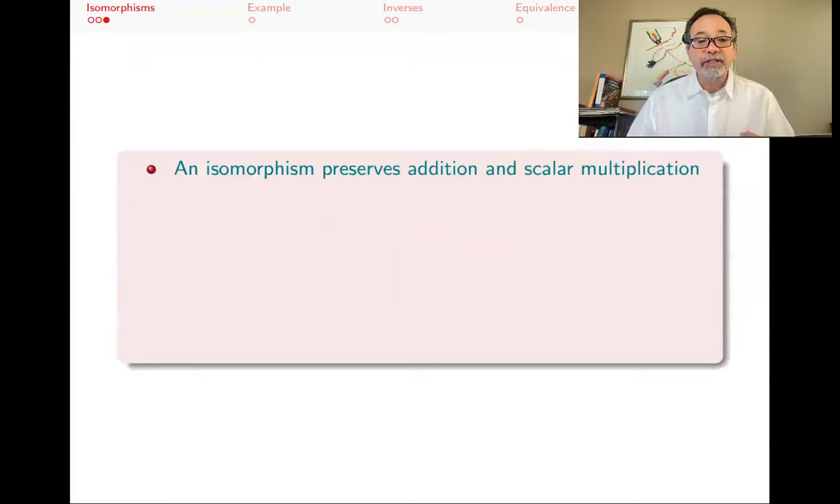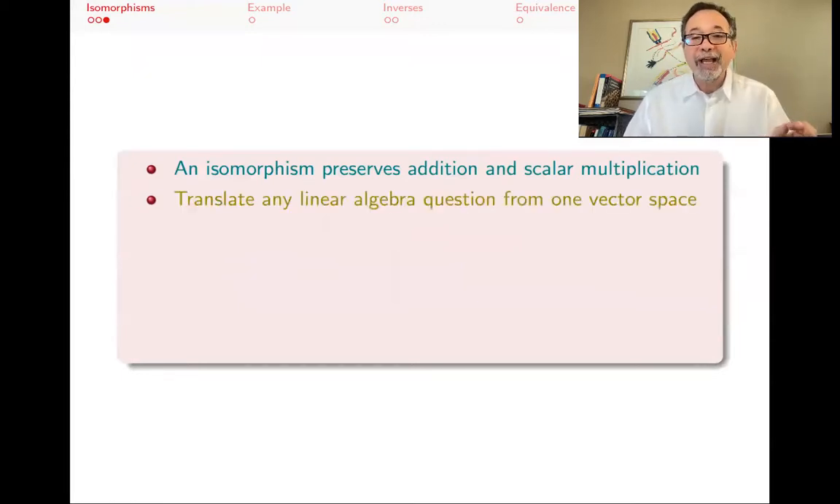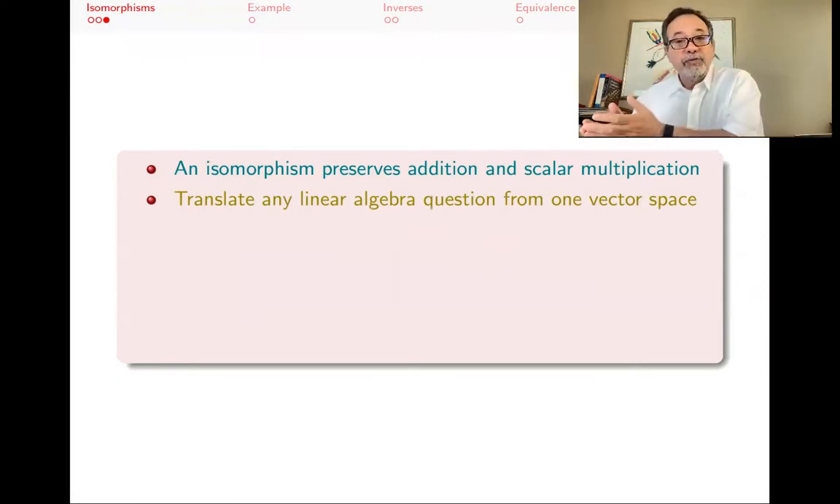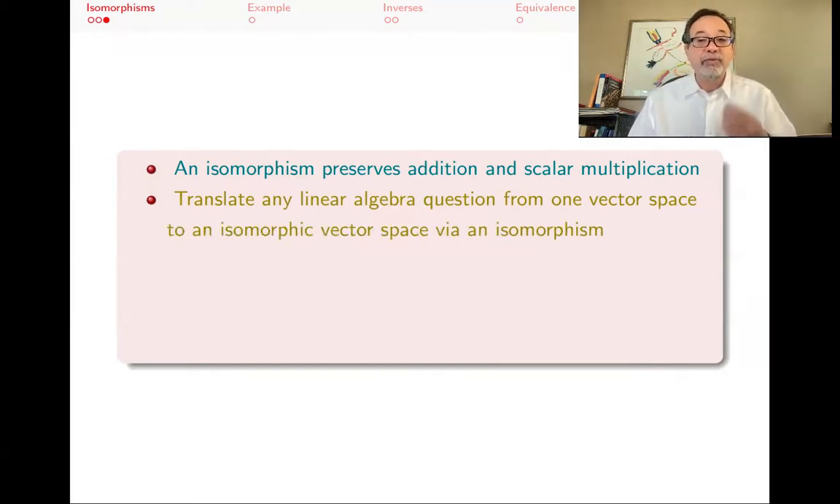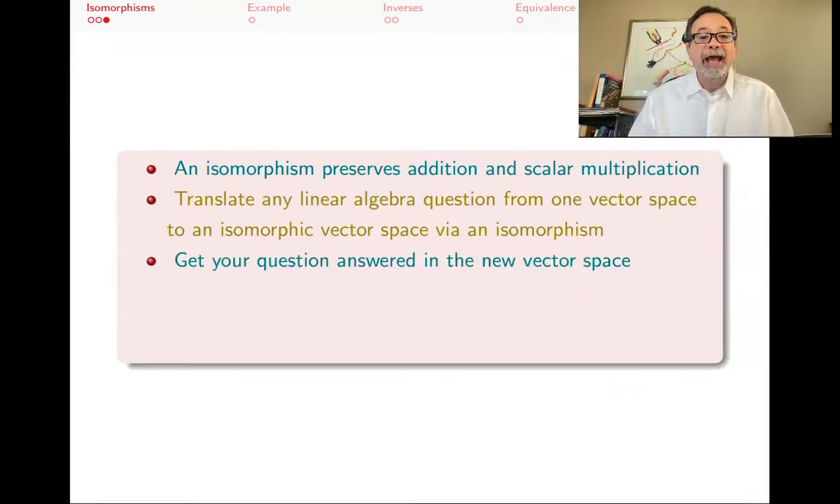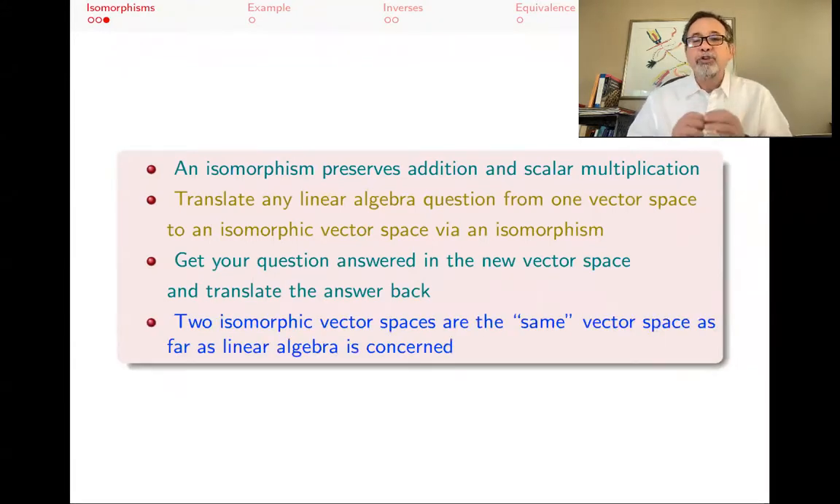So an isomorphism preserves addition and scalar multiplication, and you can translate any linear algebra question, because linear algebra questions are all about addition and scalar multiplication. That's all a vector space has. It has an addition, it has a scalar multiplication, and they follow certain rules. And because linear transformations preserve addition and scalar multiplication, and because the map is one-to-one and onto, you can translate any linear algebra question without any change to another one if you have an isomorphism between them. Using the isomorphism map, you can get your answer in the new vector space, and you can translate the answer back. Two isomorphic vector spaces, we think of them as the same vector space as far as